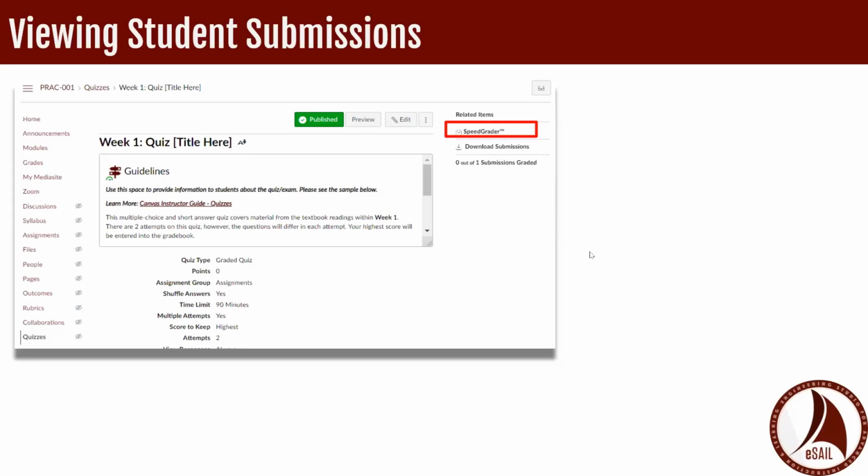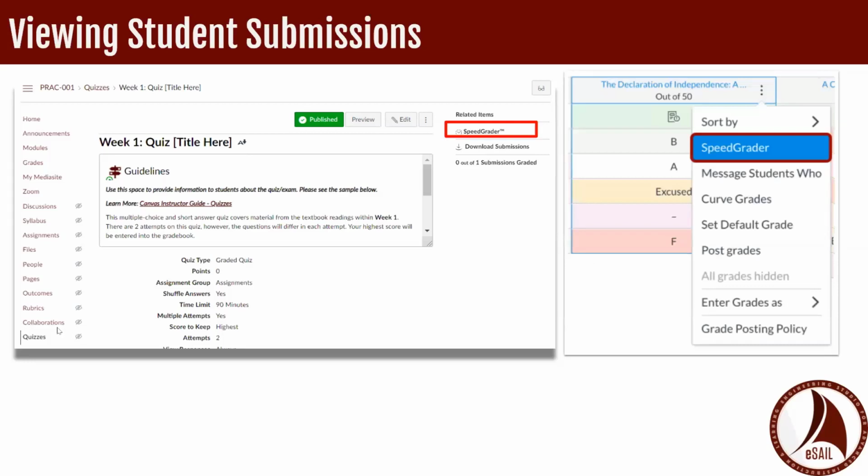Another way you can get to SpeedGrader is by going to the course navigation menu and clicking on grades. That will take you to the grade book that has all the columns of all the grades. In each column for the grade, these columns that are created automatically when you create that graded assignment or quiz, in this stoplight options menu, you drop that down and you can click on SpeedGrader, and that is where you can grade those submissions. That's where you can view those submissions. So a couple of different ways to get there.